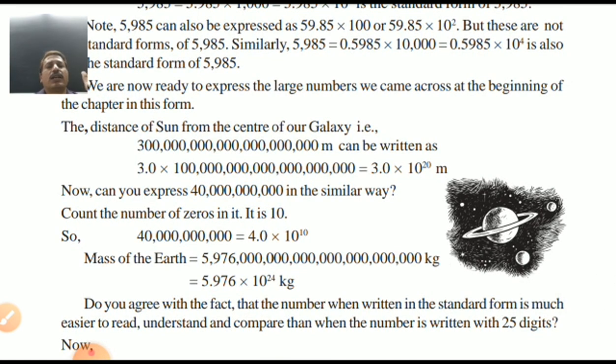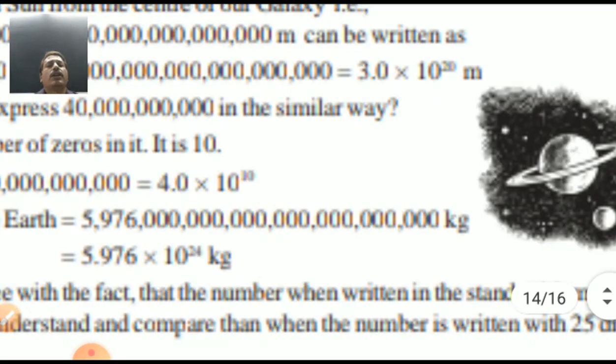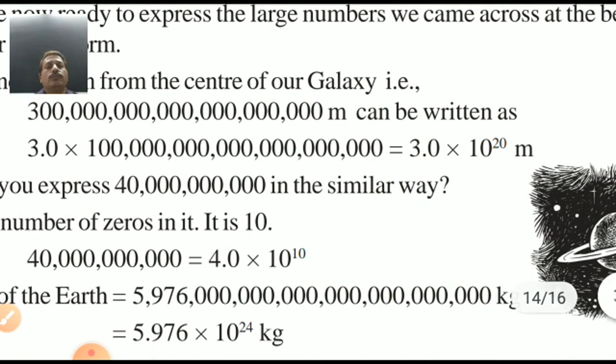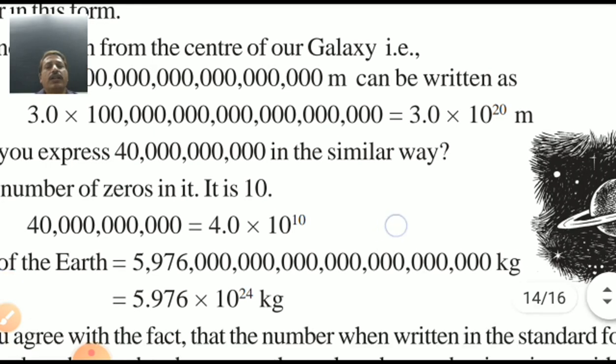Whenever a large number is there, we can multiply with the 10 base. As many zeros, put that many in the exponent, son. Here there is 3 and then after it 20 zeros. So 3.0 and 10 raised to 20. See here 4 and how many zeros are there? 10 zeros are there. Count it. 3, 3, 6, 3, 9 plus 1, 10. So 4.0, 10 raised to 10.